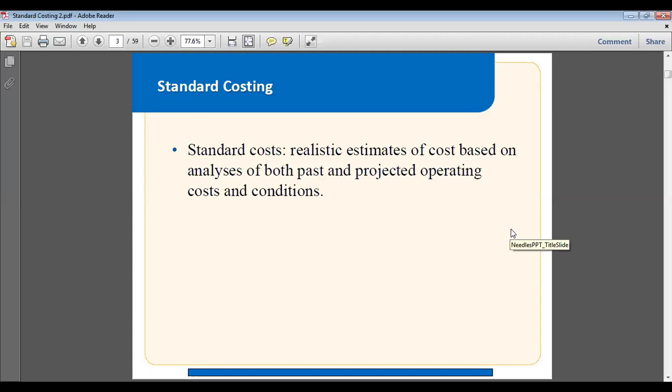Standard cost means realistic estimates of cost based on analysis of both past and projected operating costs and conditions. First, we take the benefit of the past, and again we take the projected cost, the future cost, at the same time, and then we standardize the cost. For example, if we were selling a product for 20 rupees yesterday, and for tomorrow we would